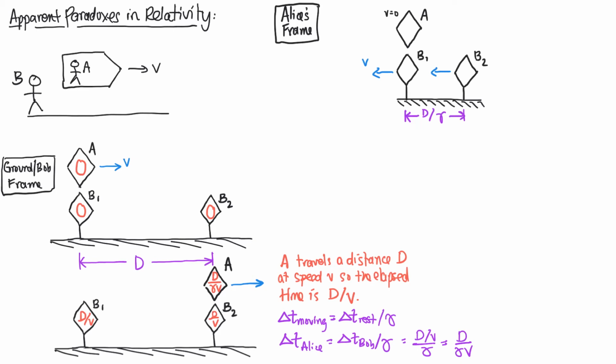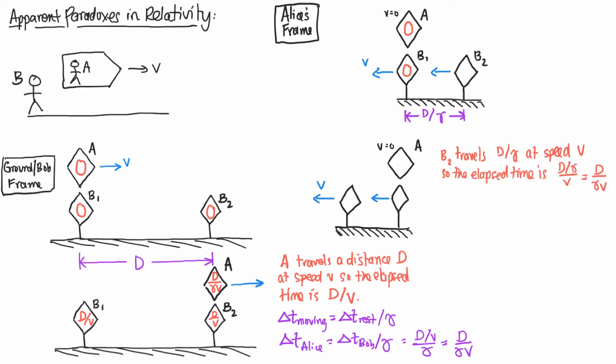So let's take a look at the other frame and see what we see. Okay, so here's the diagram in Alice's frame. Again, this is the instant that Alice's clock lines up with B1, and we said by definition that we were going to set those clocks to read 0. Okay. Now, the next picture is going to have B2 arriving, so let's take a look at that. And indeed, here we see clock A in the same place as it was in the previous picture, and now clock B2 has arrived. Let me label that. And B1 is off on the left.